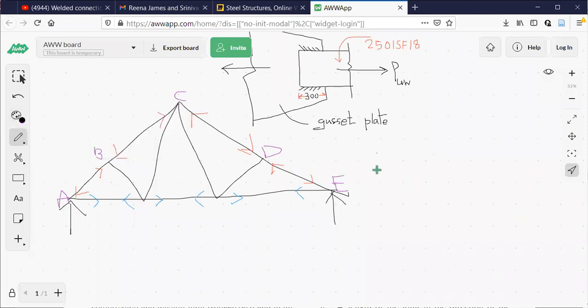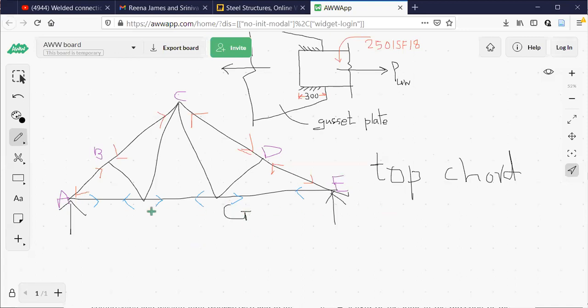Before I start bolted and all that, I'm telling you something here. Top chord. What I'm trying to tell you is A, B, C, D, E are top chord members.